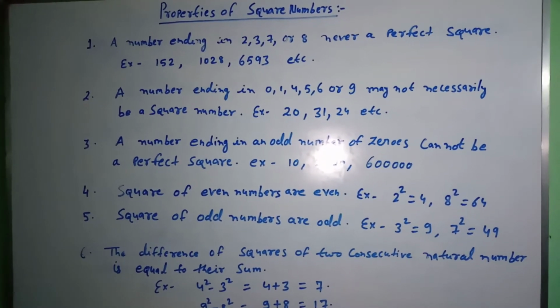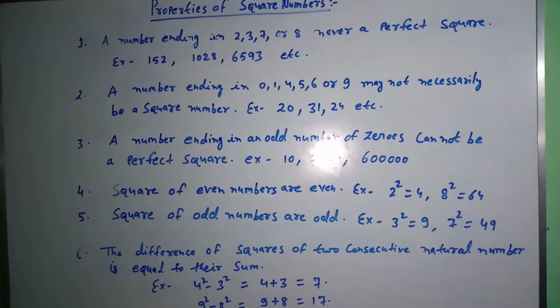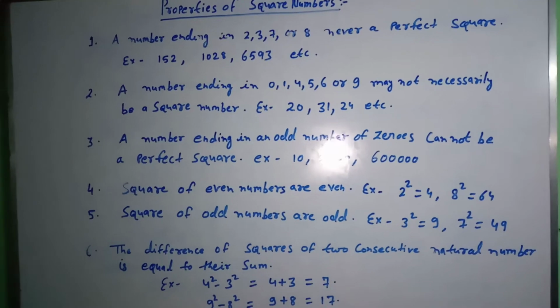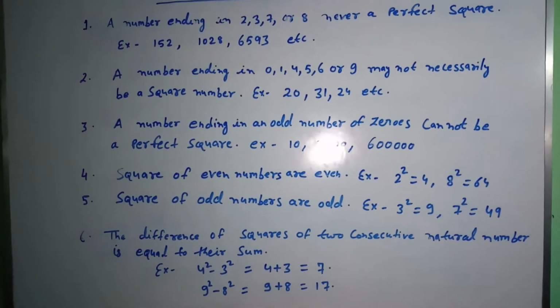Square of odd numbers are odd. For example, 3 square equal to 9, it is odd. 7 square is 49, it is also odd. Understood? Now the sixth property,